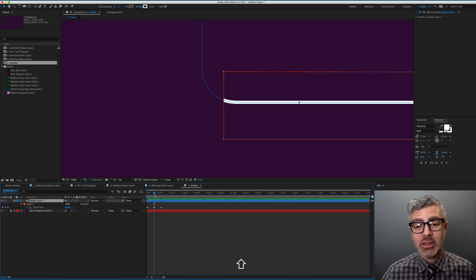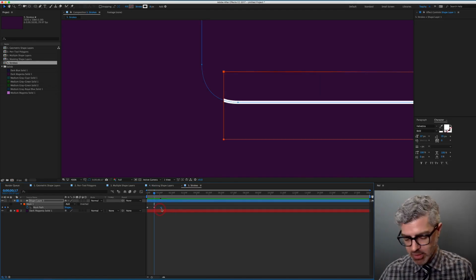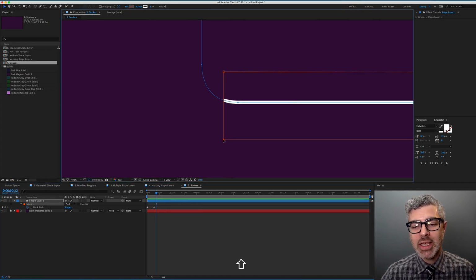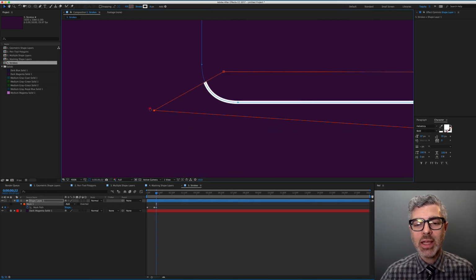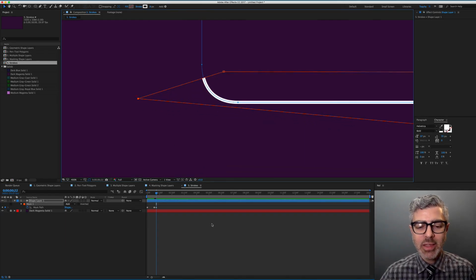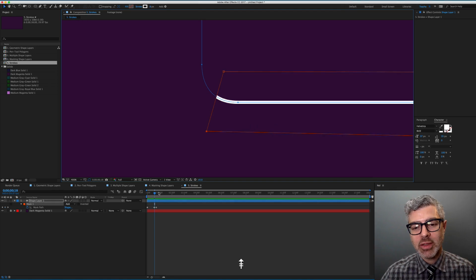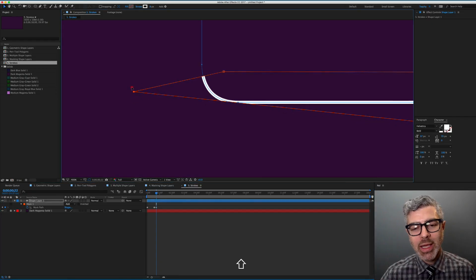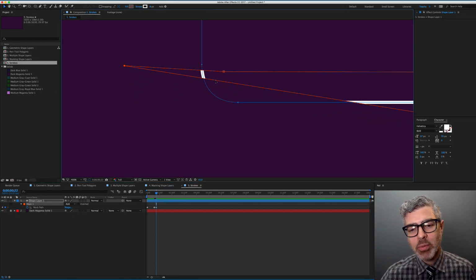So I could theoretically delete this keyframe, right, and just move forward 1, 2, 3, 4, 5 frames, or something like that, something a bit random, and I could take one of these points and work it like this so it looks a little bit better, so that the edge is kind of turning on itself, right? And that looks better for the edge, right? But I get to a point at which I can no longer do that